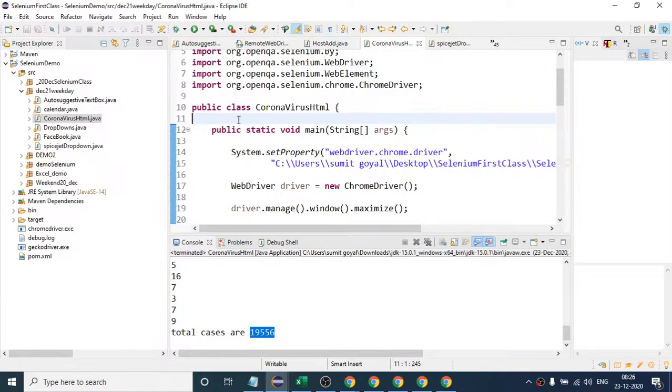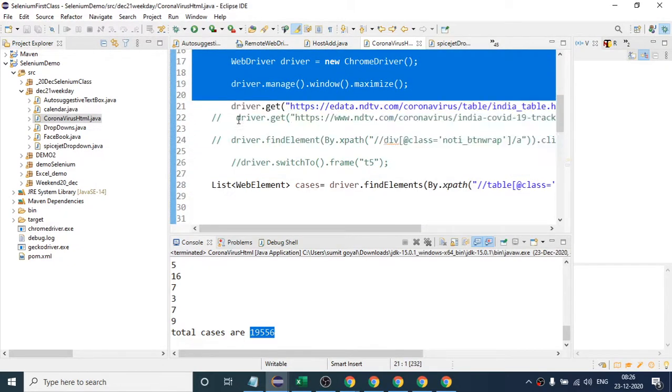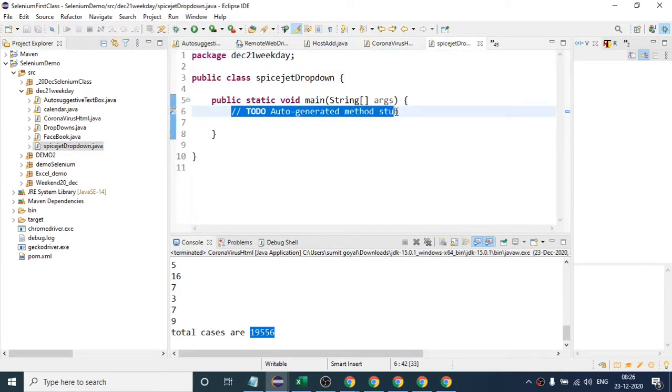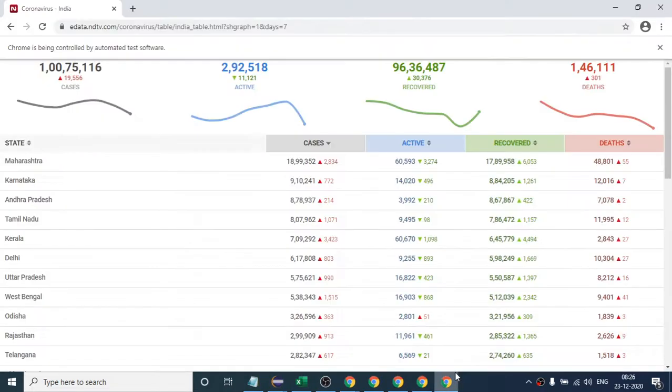So let me copy the lines which are the same. So the URL is